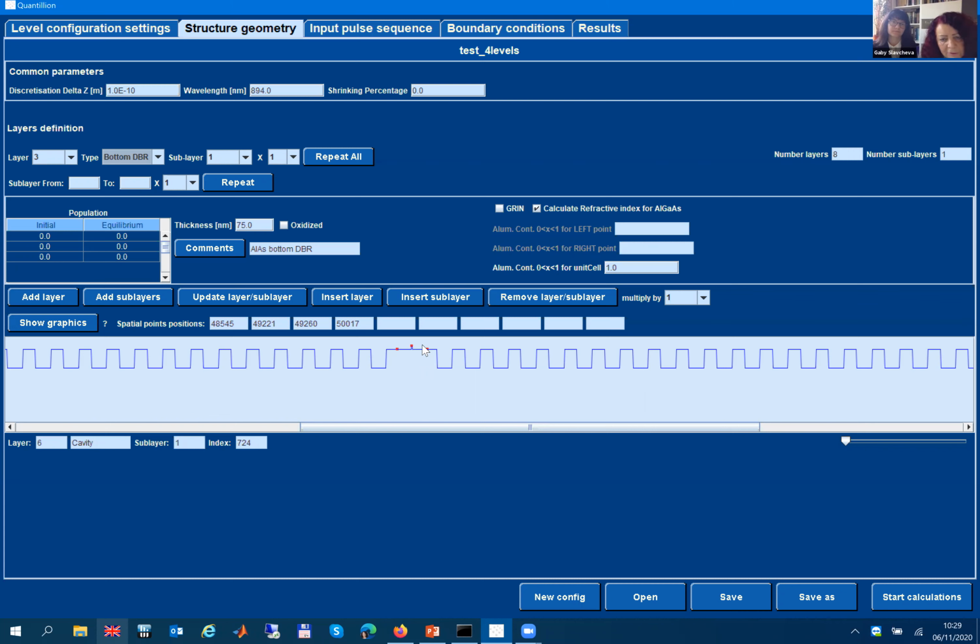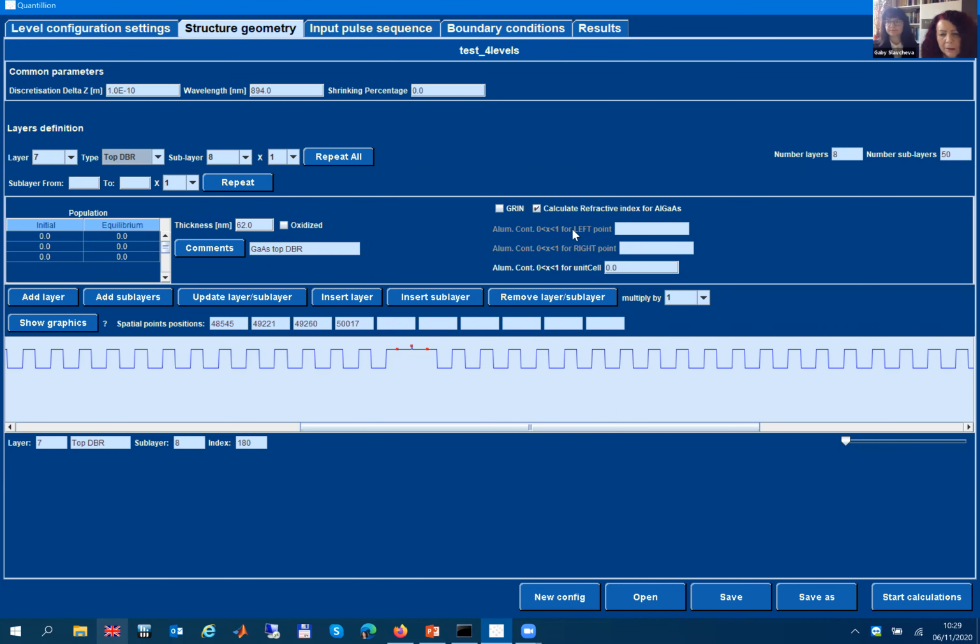And the other red dots are some arbitrary points that we want to monitor the time dynamics. For example, we can select with control mouse some point here and delete it. As you see, the point at which we want to sample the dynamics is shown here.